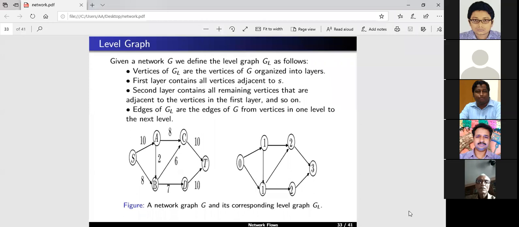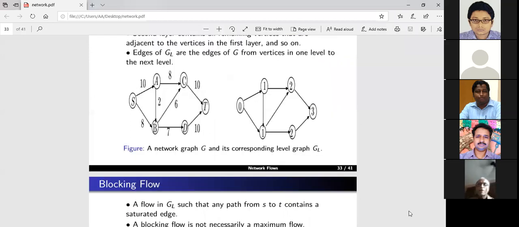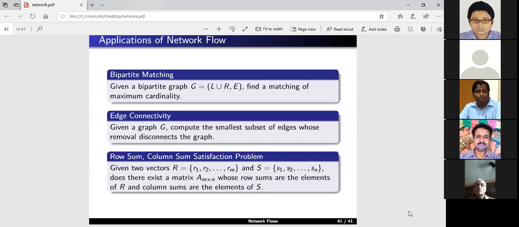Other than that, here are some complex problems which can be mapped into applications of network flows. So, bipartite